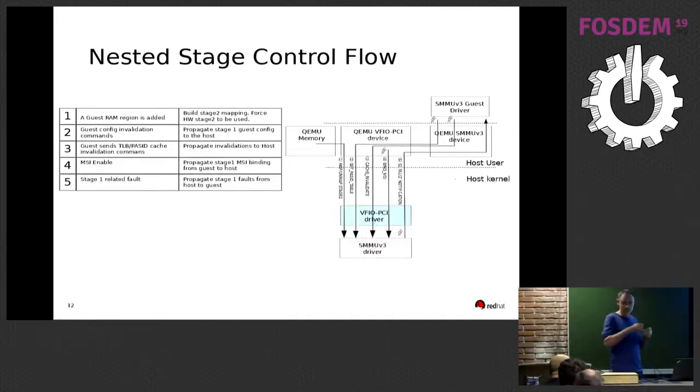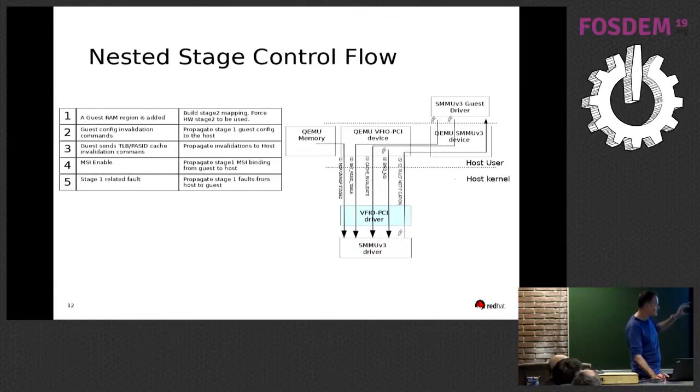Since all the translation is now performed at hardware level, both stage 1 and stage 2, whenever we detect a stage 1 translation fault at hardware level, we need to propagate this fault up to the guest. It requires some special mechanics, both in the IOMMU subsystem and at VFIO PCI level, to export this information. So you can see that at kernel level there is impact at VFIO level, at IOMMU subsystem level, and there are some state machine changes requested also in the SMMU driver.